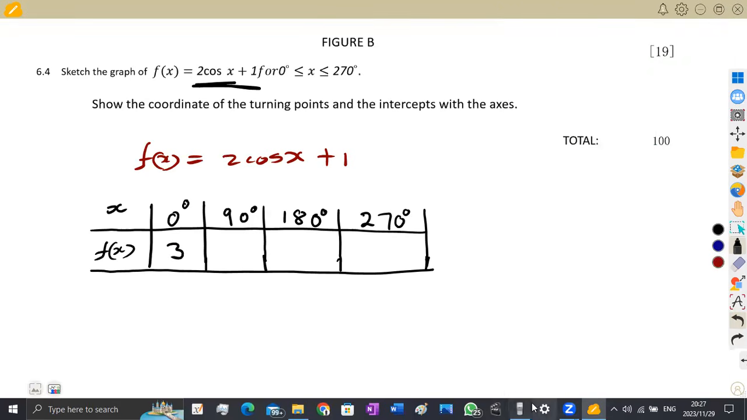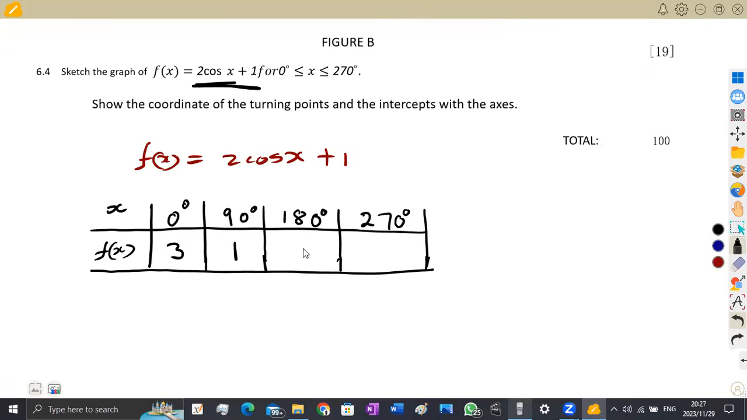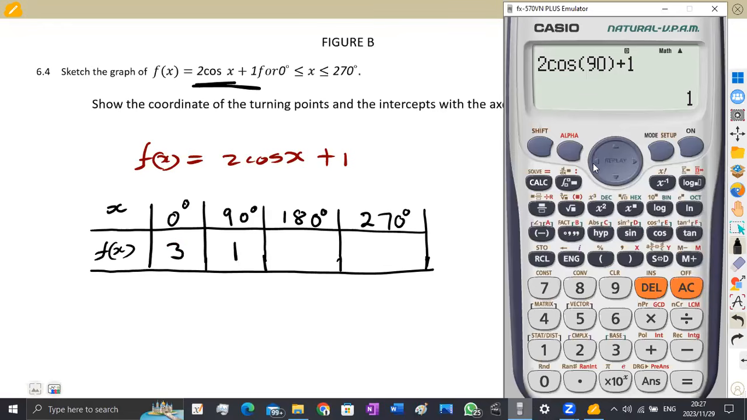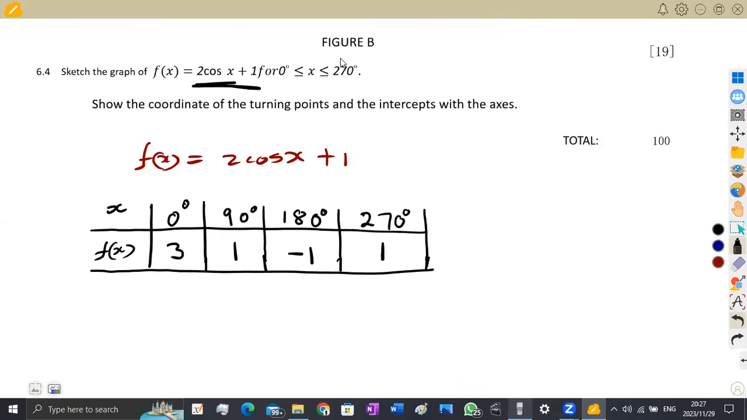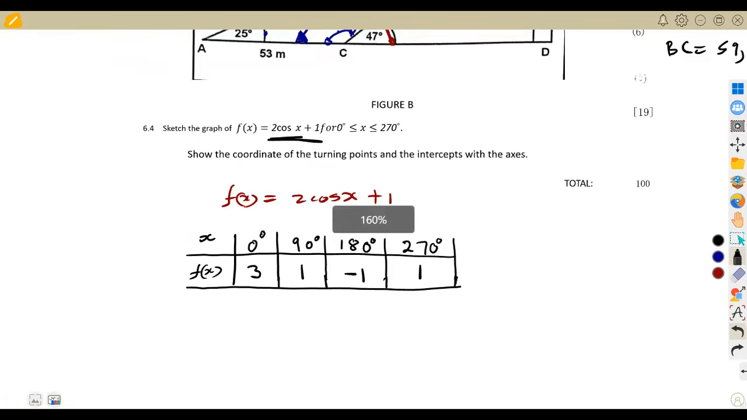All right, we do the same thing for 90. We're just going to substitute here a 90, which is going to give us 1. 180, which is going to give us a -1. We do the same thing for 270 in this case. That is 270, which is going to give us a +1. So with these points that we have, we are going to mark them and draw our graph, and also bearing